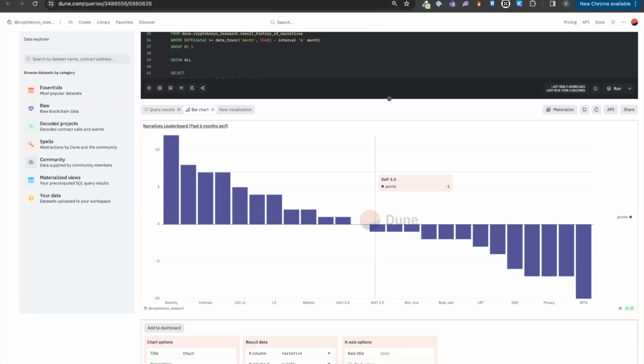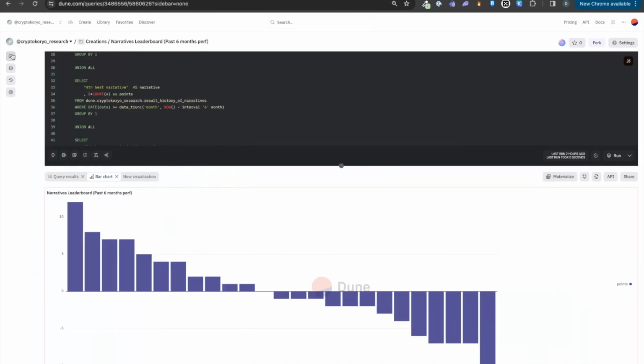I'm again using the DEX as an example, the Uniswap fee mechanism that happened last month. Because of that, the DEX narrative was among the best performing ones last month, and most of the DEX tokens benefited from that: Uniswap, SushiSwap, etc. But if you zoom out and look at the last 6 months, let me zoom so you can see all the names here. Okay, so here you can see that, as I've tweeted about that, I